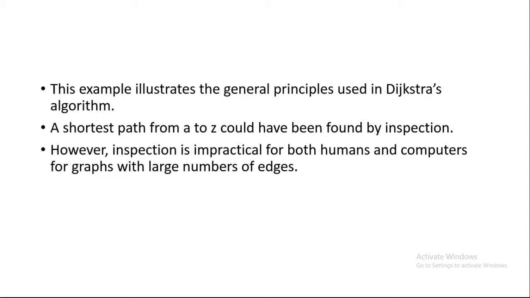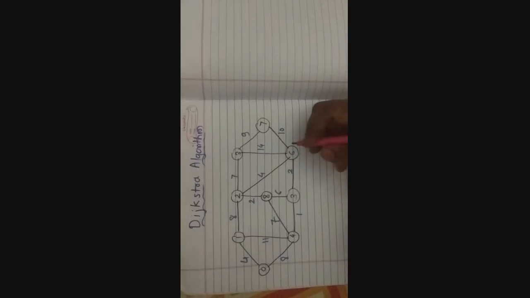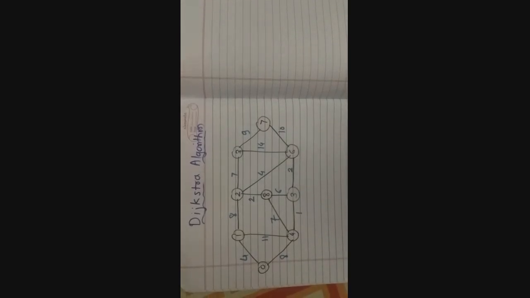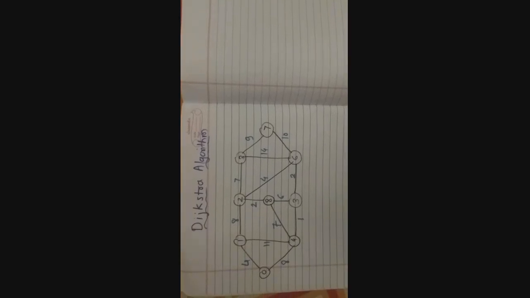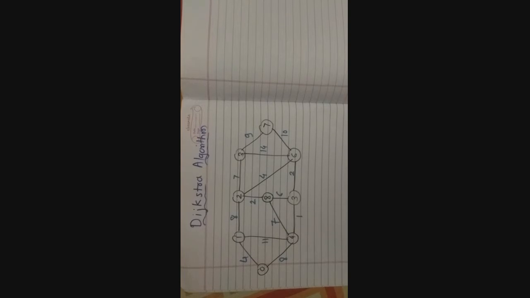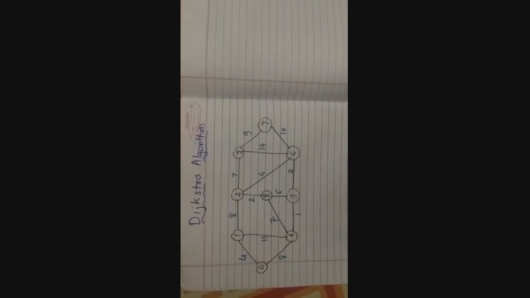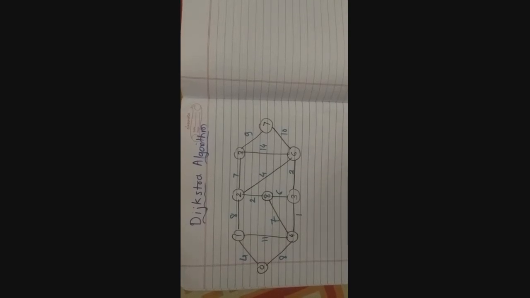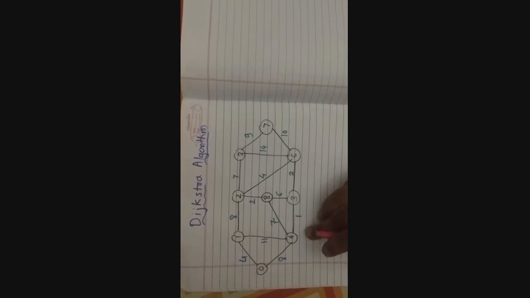Okay, now let's see one example which is solved by using this Dijkstra algorithm. Let's see how we can solve this shortest path problem by using the Dijkstra algorithm. This problem is also called the single source shortest path problem, meaning you are supposed to find the shortest path from a single source to all the other vertices in